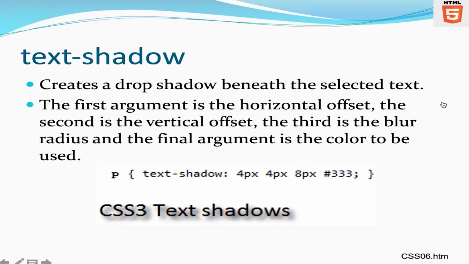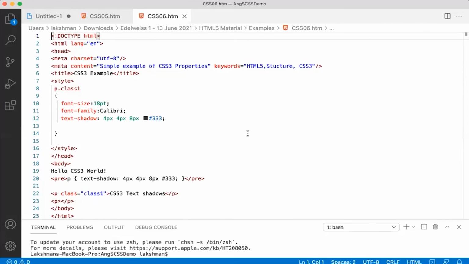Could all of you please open CSS 06 in a code editor? Given the fact that we've taken a look at the box shadow, I guess this is self-descriptive. CSS 06, I'd like all of you to please open this in a code editor first. This is what, excuse me, we're going to be looking at. It says text shadow for this paragraph, horizontal offset, vertical offset, blur radius, and we've got the shadow color.